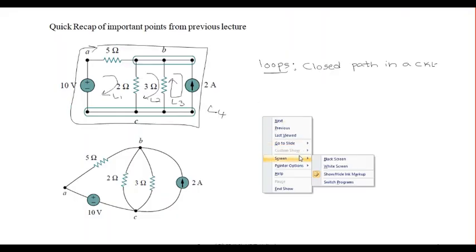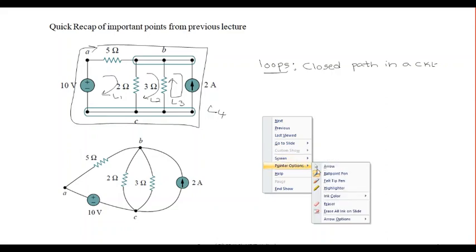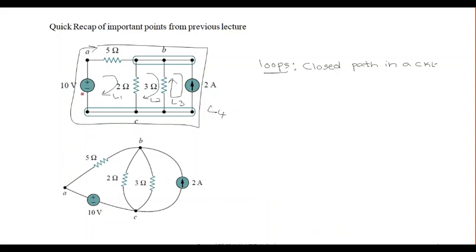How we can get those additional loops, I'll show with a different thing here. You may even consider these as loops as well. We can have one loop like this, which covers this 10 volts, 5 ohms, 3 ohms, and again back to 10 volts.